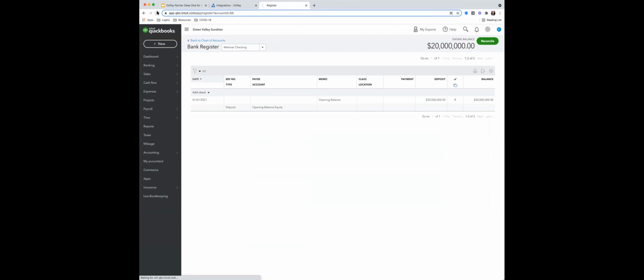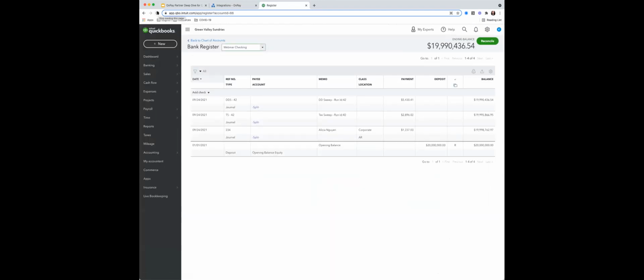Now, there were 4 employees on the payroll. So I want to point that out, because what we're only seeing here is 3 employees hitting the bank account. This is a common thing that comes up for us, that people are like, whoa, none of the direct deposit employees are posted.